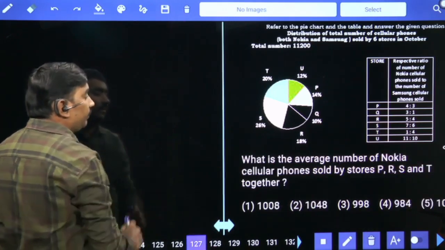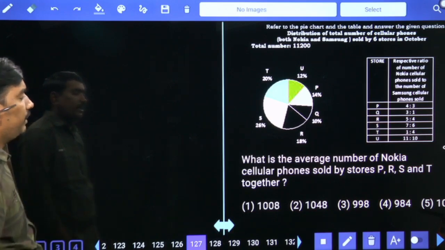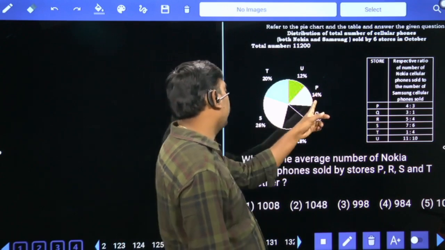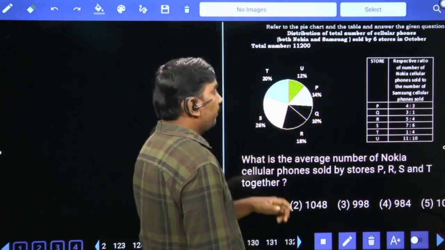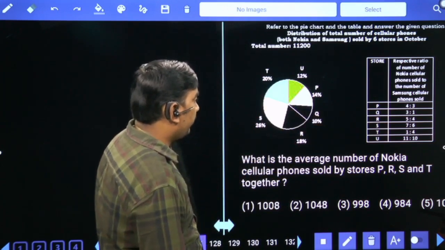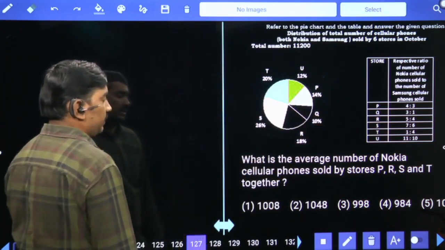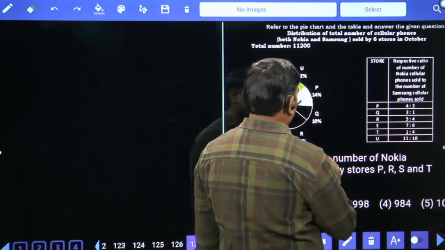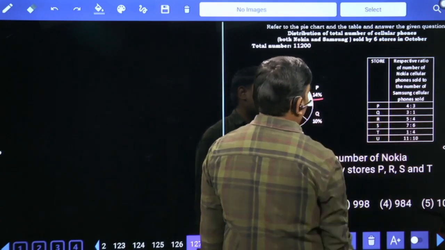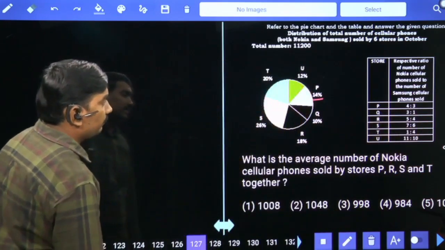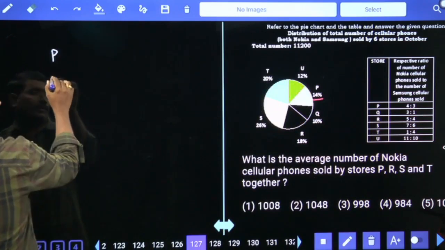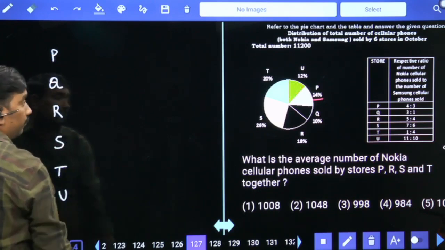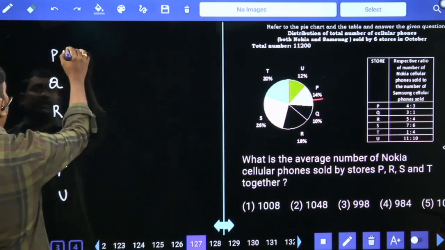Next. What is the average number of Nokia cellular phones sold by P, R, S, T together? P 14%, R 18%, S 26%, T 20%. Nokia cellular phones. See, P 14%, 4 plus 3, 7 parts value 14%. See, P, Q, R, S, T, U, total: P 14%,